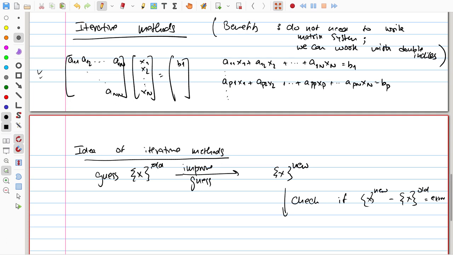Okay. I am writing very hand wavy here that the error which is the difference between new and old. I'll tell you how you quantify the error, but then we check the error, that is, if the change from one iteration to the other, from old to new, was it small or large. If it is greater than some epsilon that you have chosen, then, so if this error is small, you check for that. If no,